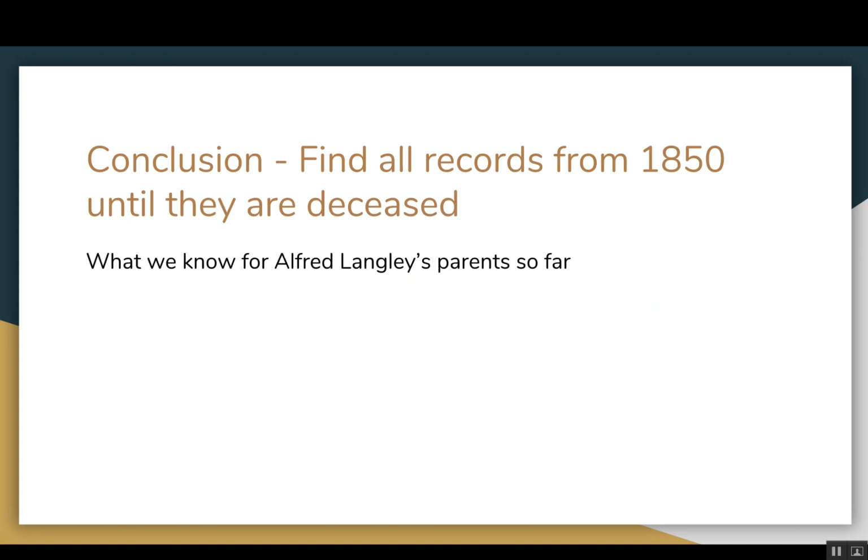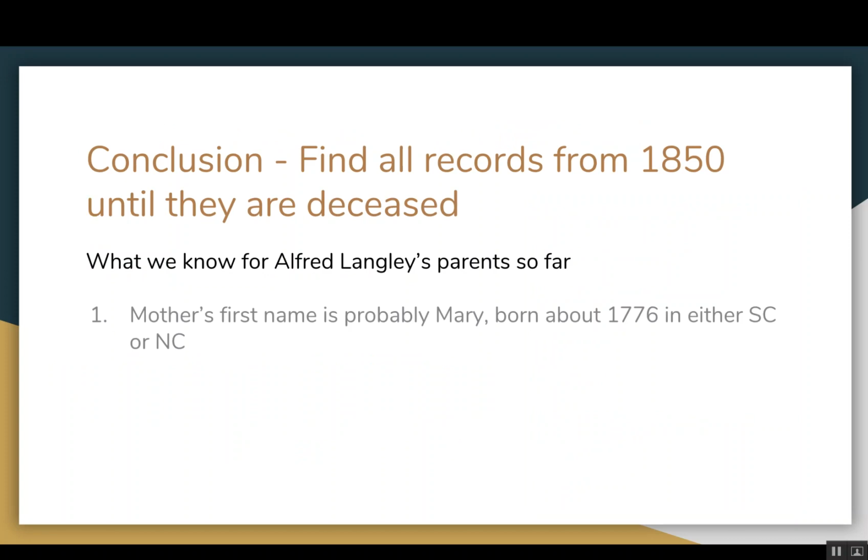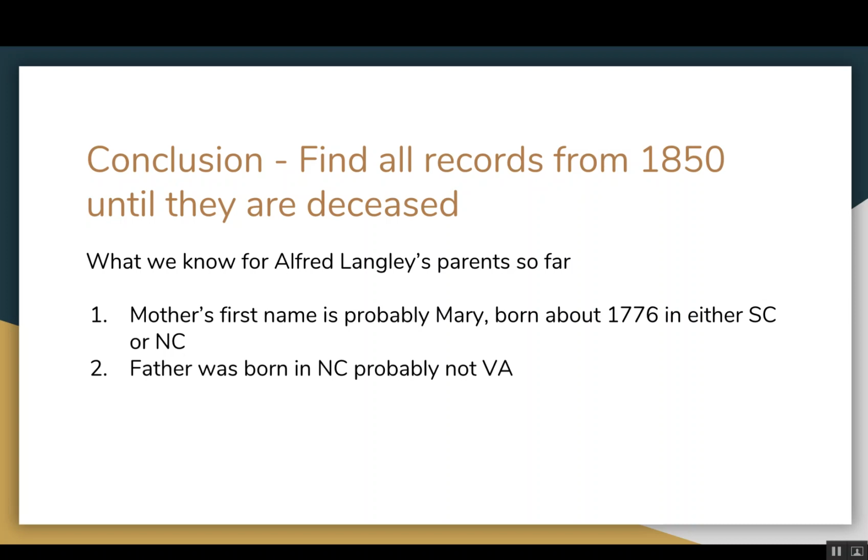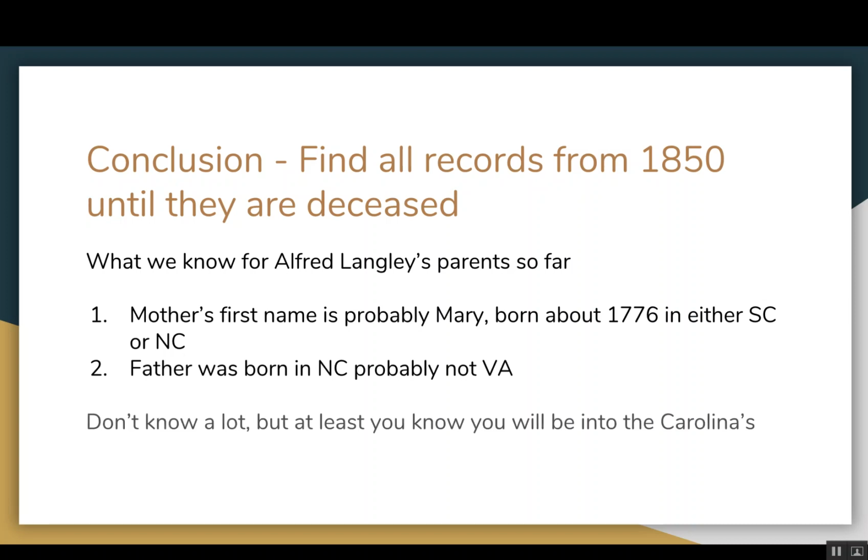So what we know so far for Alfred Langley's parents is, first off, his mother's first name is probably Mary, born about 1776 in either South Carolina or North Carolina, and that his father was born in North Carolina and probably not Virginia. So we don't know a lot, but at least you know you'll be back into the Carolinas,